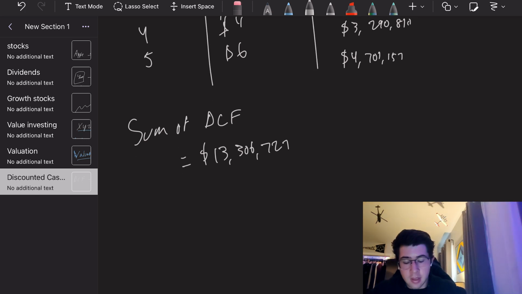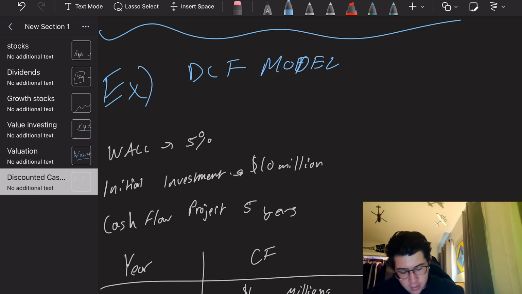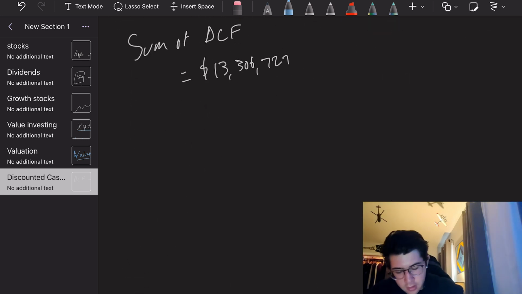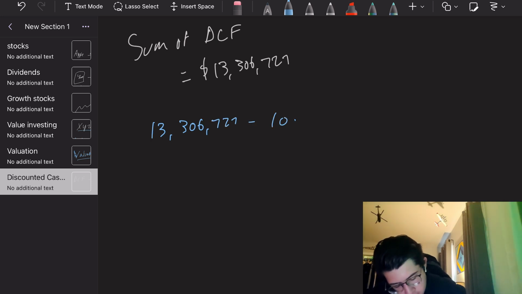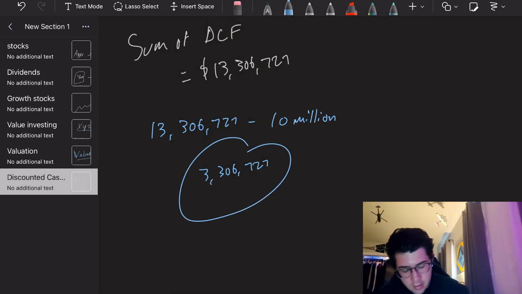And then the initial investment we said was 10 million. So what you do is you do this amount minus the initial investment, and you're left with 3,306,727. And this right here is equal to your net present value,